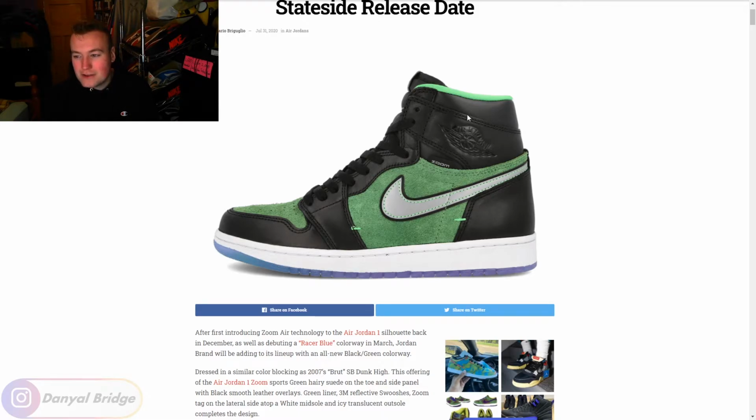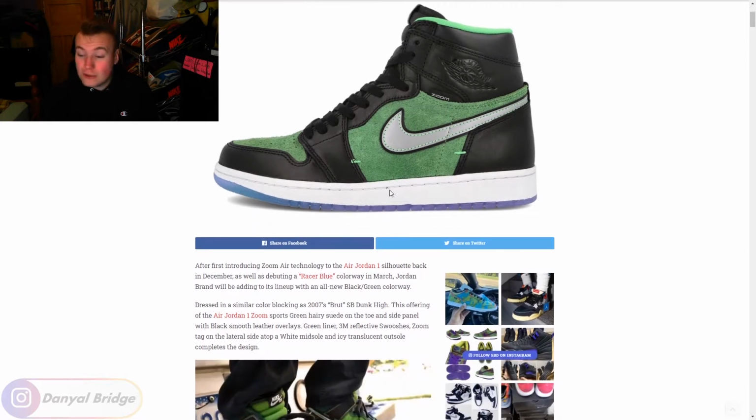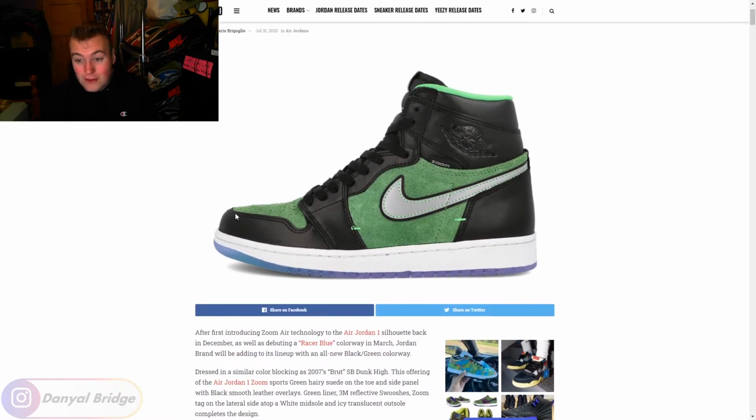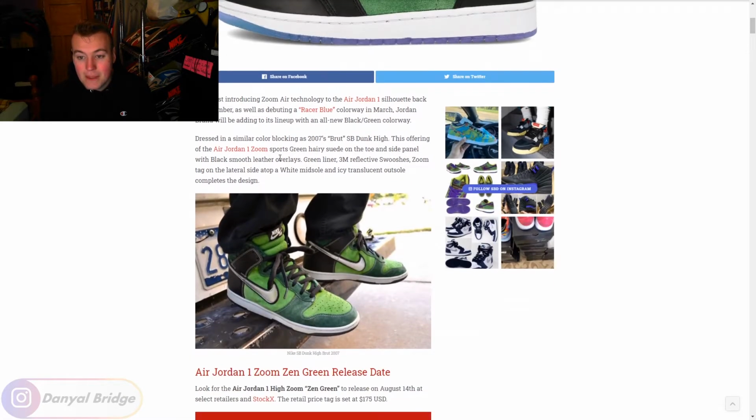I kind of would have preferred it just to be one solid material. If you go look at the Racer Blues, you'll know exactly what I mean. And now, third, we finally get the Zen Green colorway, going back to more traditional uses of materials with leather and suede here. Now, dressed in a similar color blocking as 2007's Brute SB Dunk High, this offering of the